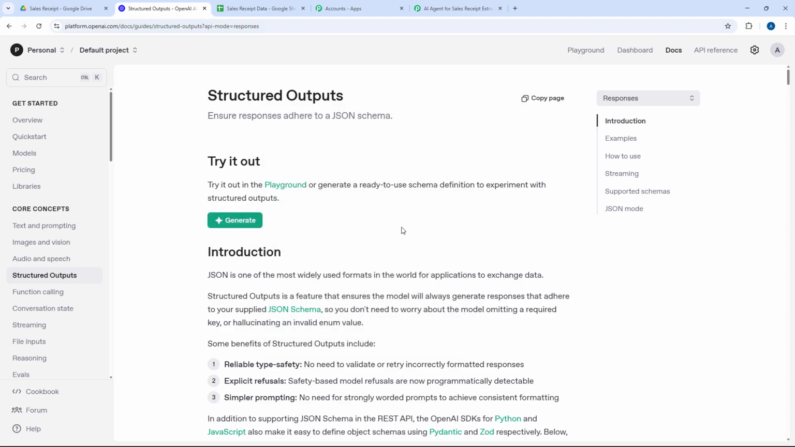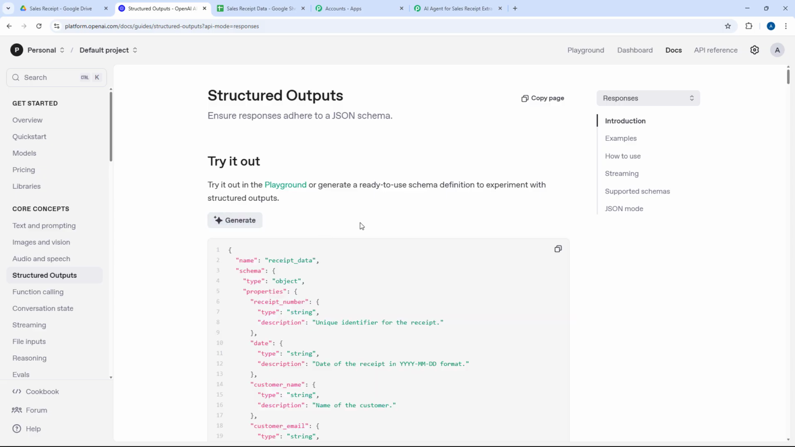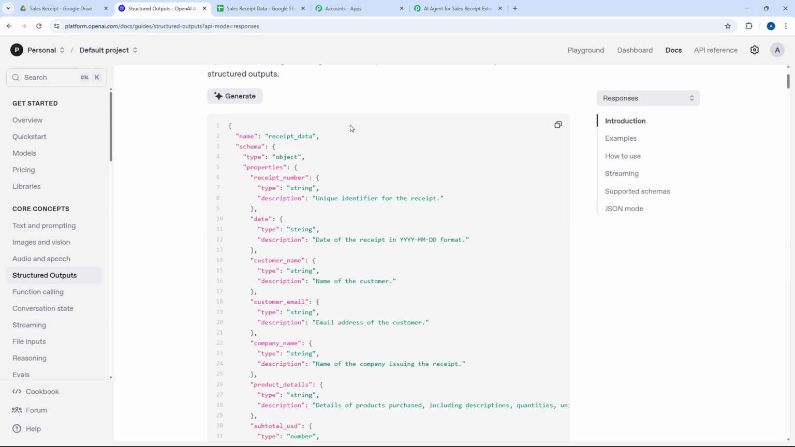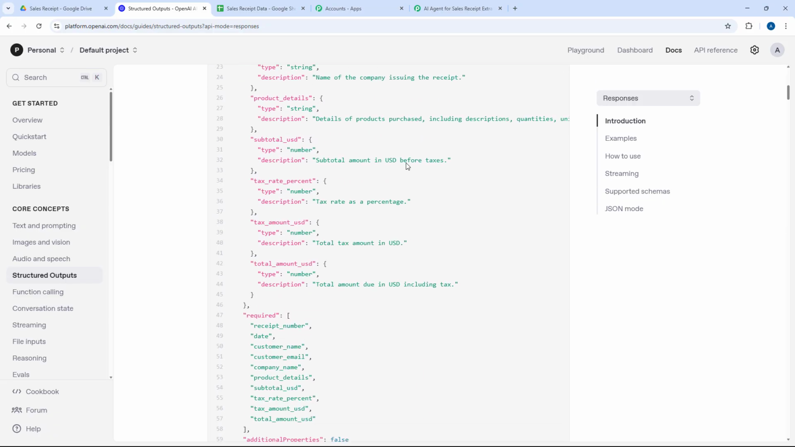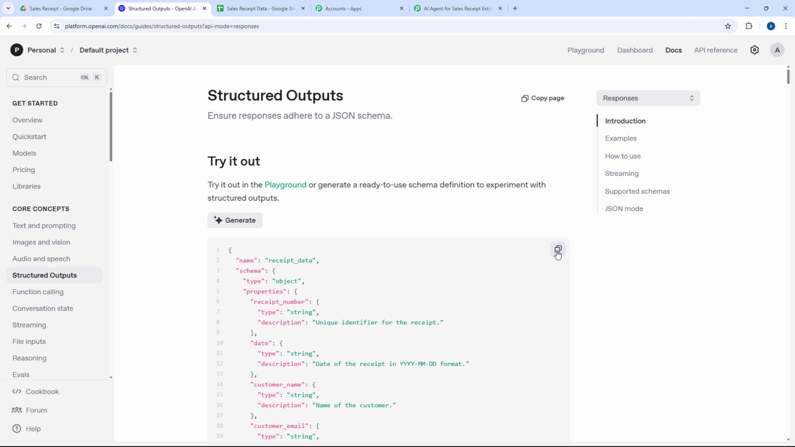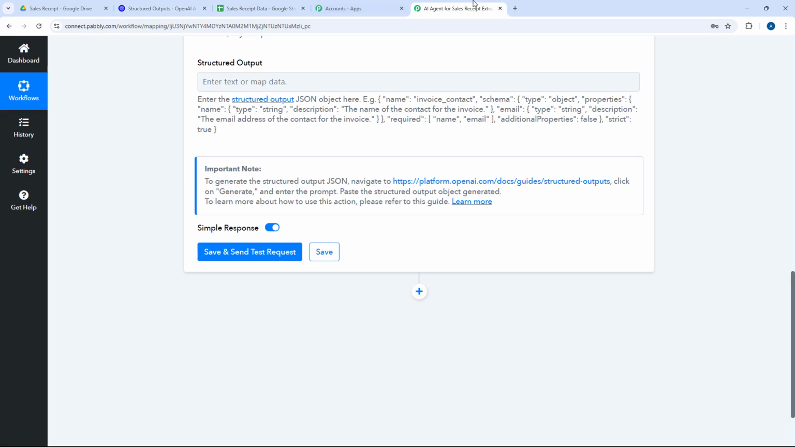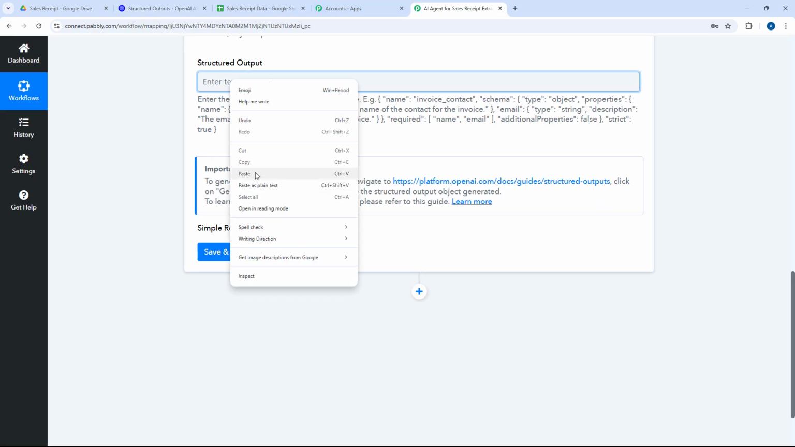After entering the prompt, just click on this create button, and as you click on create, here you can see that the JSON schema will be automatically created within a few seconds, and we will get the JSON schema over here. So let's wait for a few seconds, and yes, here it is. This is the JSON schema created by OpenAI. We just have to copy the JSON schema from here, go to Pabbly Connect and paste it over here in